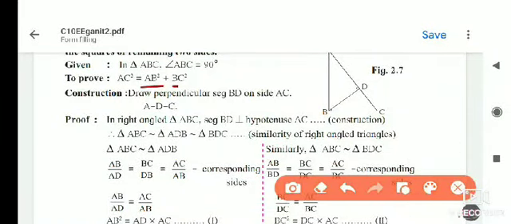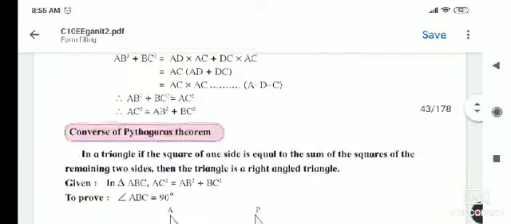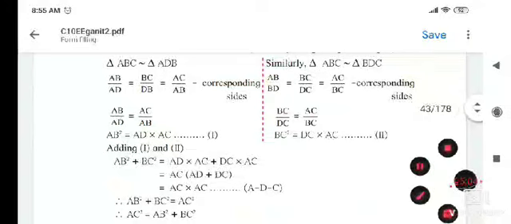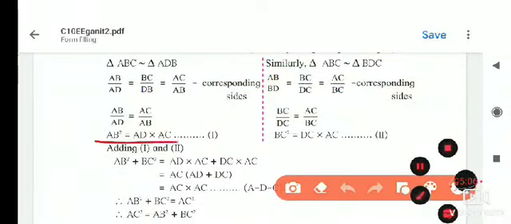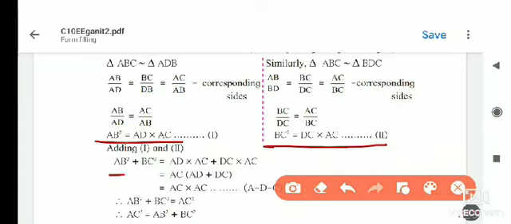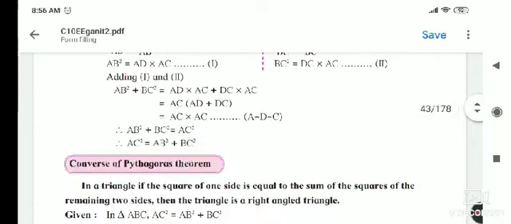These two ratios, these two squares values we had to find. So what we have to prove? We have to prove its addition is equal to AC square. So here we have to do the addition of both equation 1 and equation 2. So AB square plus BC square, its addition will come on the RHS, and these two, AD into AC square and AC into DC square, will come toward the right side of the equation.